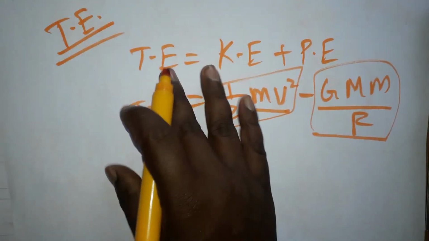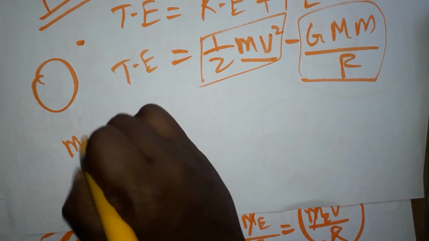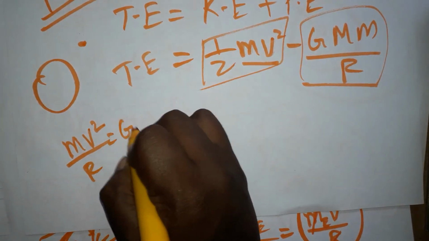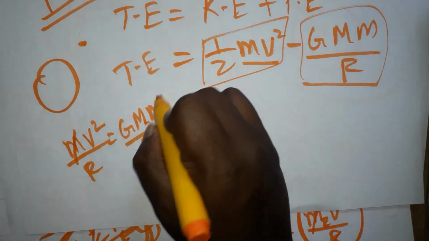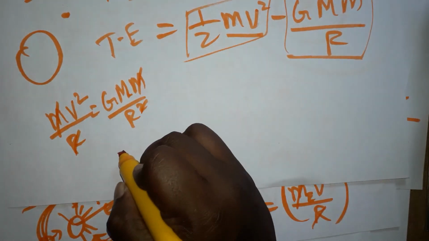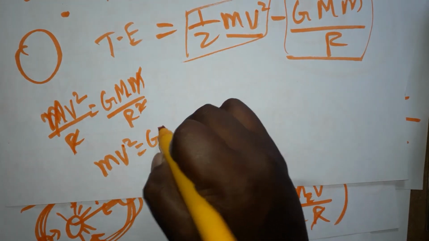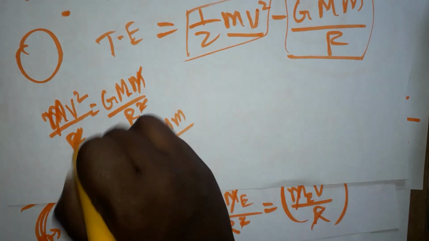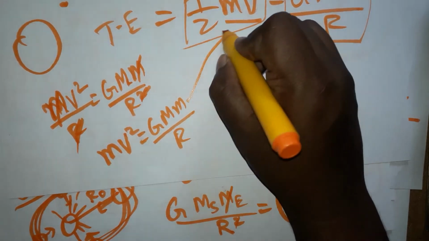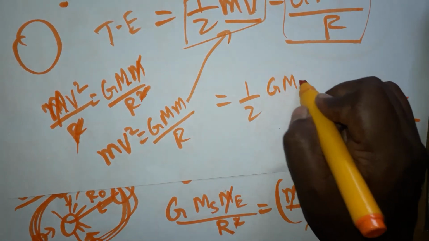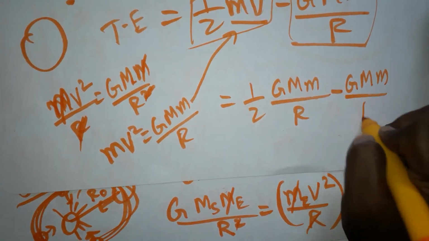Now what is m v square? I am going to find the total energy of the launching satellite. Centripetal force is equal to gravitational force, G times M m divided by r square. Sorry, m v square we want. So m v square is equal to G M m divided by r, where only one r gets cancelled. So instead of writing m v square, you can write half times G M m divided by r minus G M m divided by r.